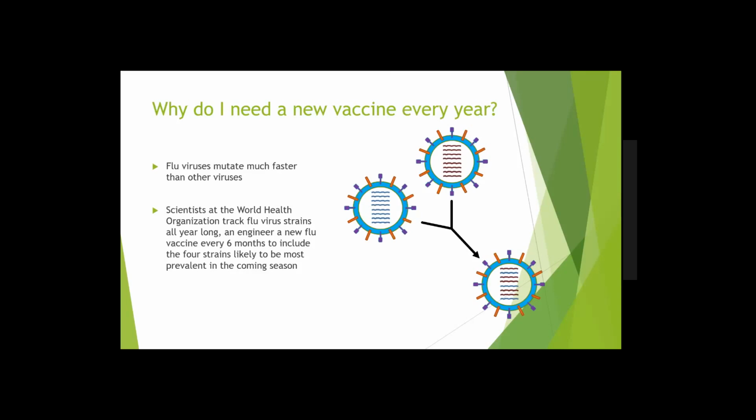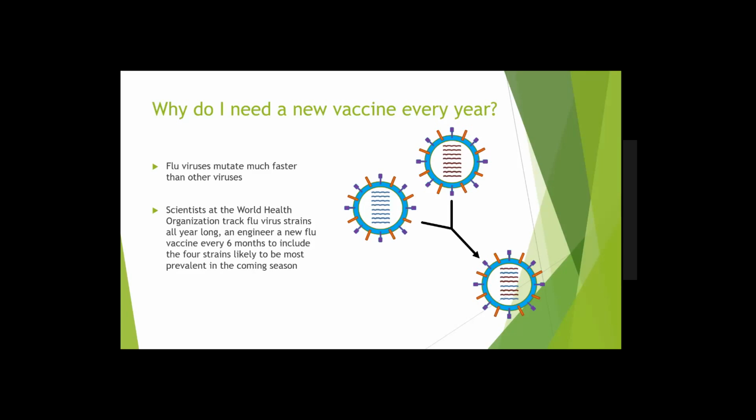One of the sticking points a lot of the time is people wonder why we have to get a flu vaccine every year. When you're younger, you have your MMR vaccine and you just have that twice when you're a child and then you're set for life. Why doesn't that work with the flu? The reason is that every year the flu is very, very